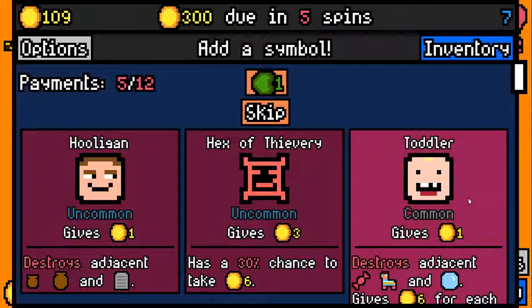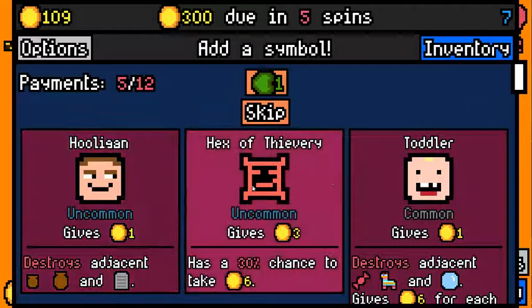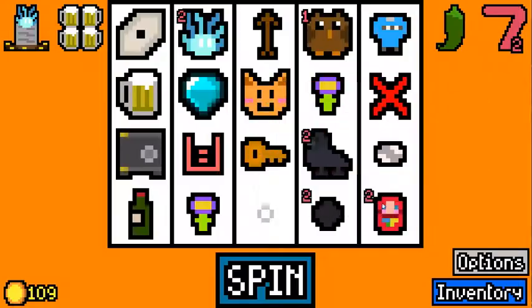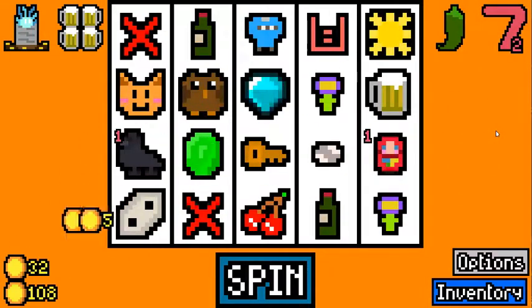31, that's too low. Should have been 39, but the Hex of Draining made our lucky 7 not pay out. That's just bad luck. Nothing you can do about it. I'm worried, so I'm gonna reroll here. None of these help us in any way, so let's just hope for...